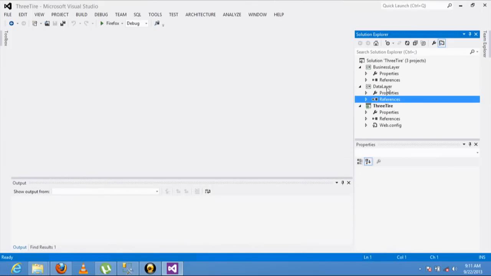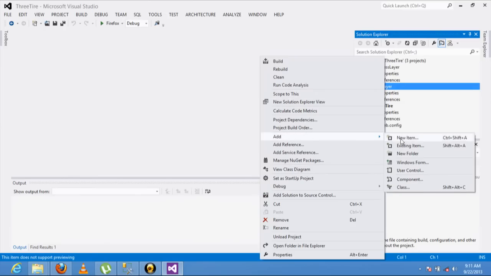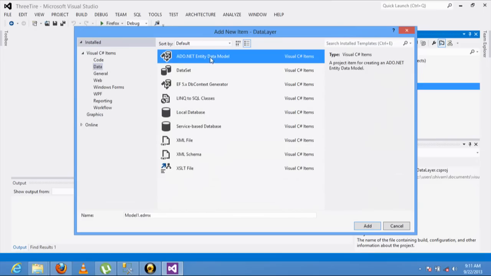Now I'm adding Entity Framework in the data layer. Add new item, entity data model. Let's rename it to 3-tier and add it.